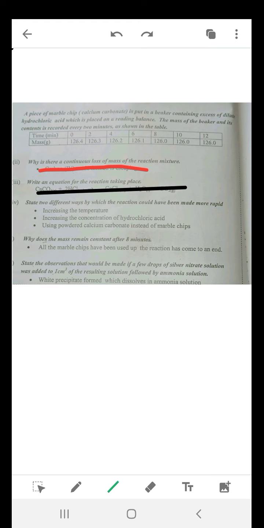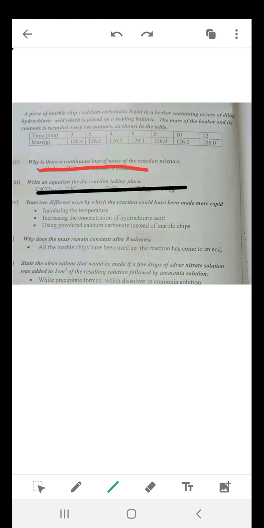We learned this in a topic in Form 1, acids, bases, and indicators, where you learn the properties of acids. An acid is a substance that reacts with a carbonate to give a salt, carbon dioxide, and water. So if they're reacting calcium carbonate with an acid,